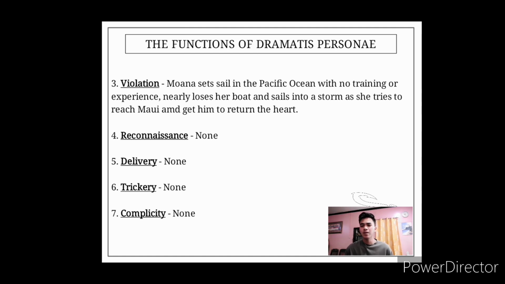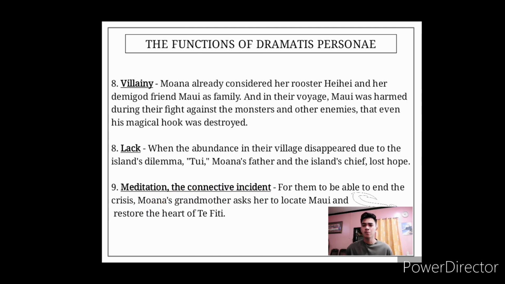Then for number 7, we have complicity. The victim submits to deception and thereby unwillingly helps his enemy. So this function is also not present in the story. Moana is really focused on her goal. She helps her friends and not her enemies. Then for number 8, the last function that I am assigned with, we have